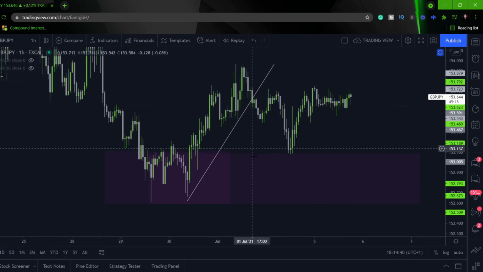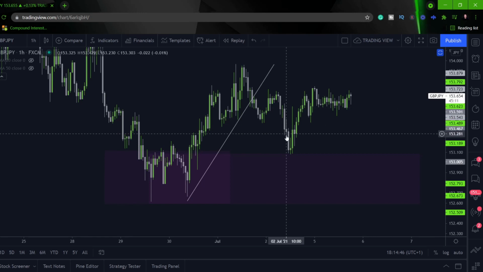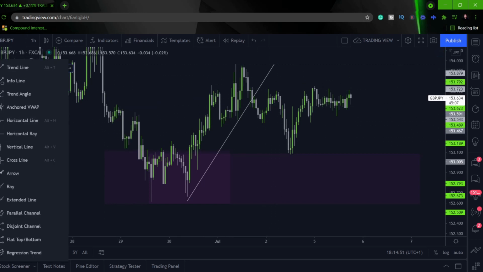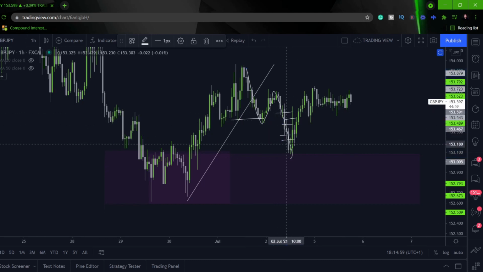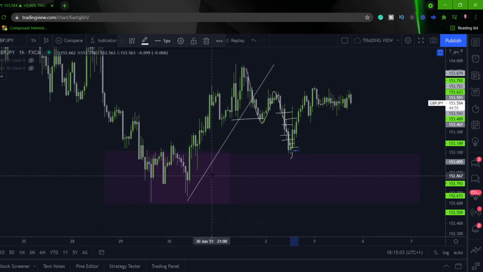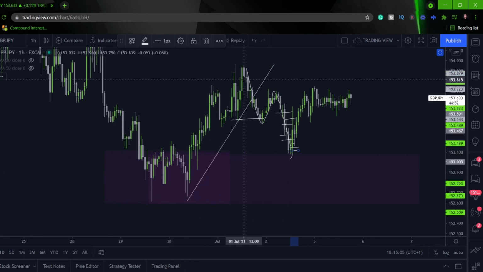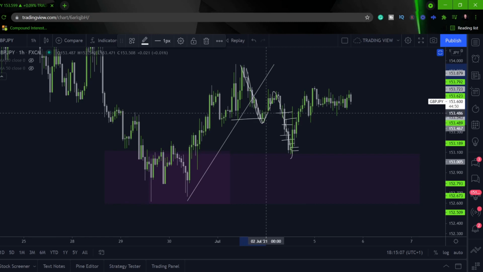We came down, we tapped into an old order block, into a supply zone, ran the liquidity from this trend line, tricked a lot of traders into thinking that this was going to be going lower, because obviously what have we got? We've got structural lows that we broke, and we put in a 3-point move, so there's going to be a lot of people selling through here. The trend line's been broken, we've been pushing up, and this on the lower time frame is going to look like a downtrend. So we've got people selling till